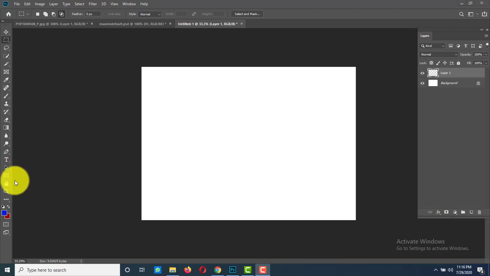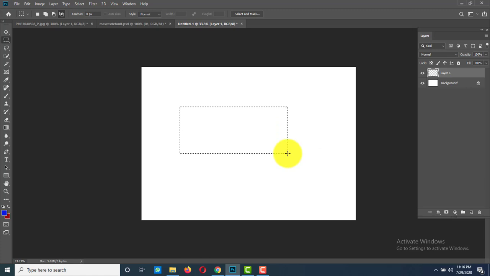Under every marquee tool, you have four options in the options bar, that is new selection, add to selection, subtract from selection and intersection with selection. After you have created a selection, you can modify it by adding or subtracting from it. Start by creating a selection on the canvas. Select rectangular marquee tool and draw a rectangular shape.